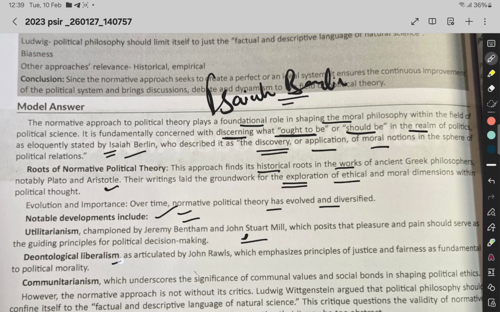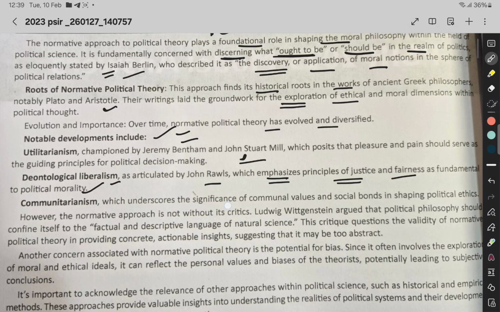Now, deontological liberalism, as articulated by John Rawls, which emphasizes principle of justice and fairness as fundamental to political morality. Communitarianism, which underscores the significance of communal values and social bonds in shaping political ethics. However, normative approach is not without its critics. Ludwig Wittgenstein argued that the political philosophy should confine itself to the factual and descriptive language of natural science. This critic questions the validity of normative political theory in providing concrete, actionable insights, suggesting that it may be